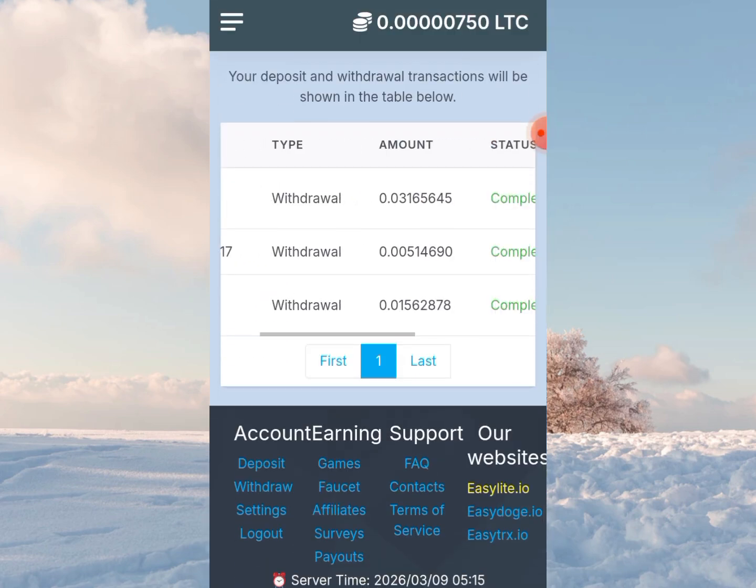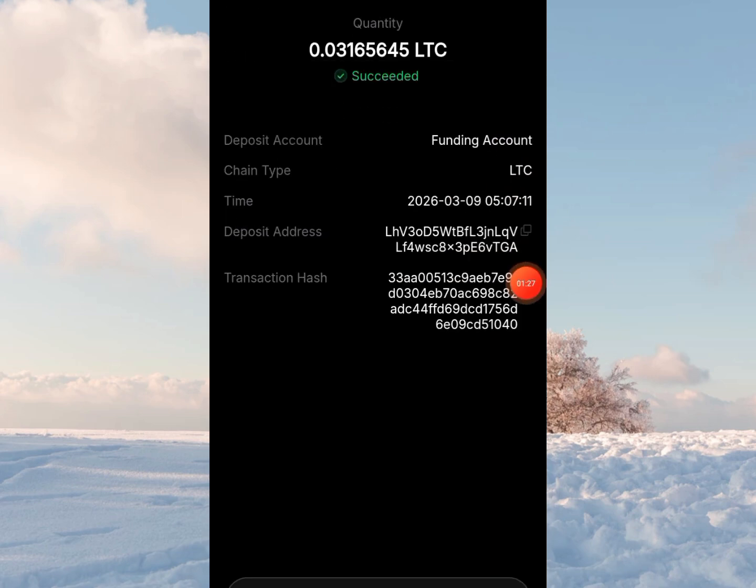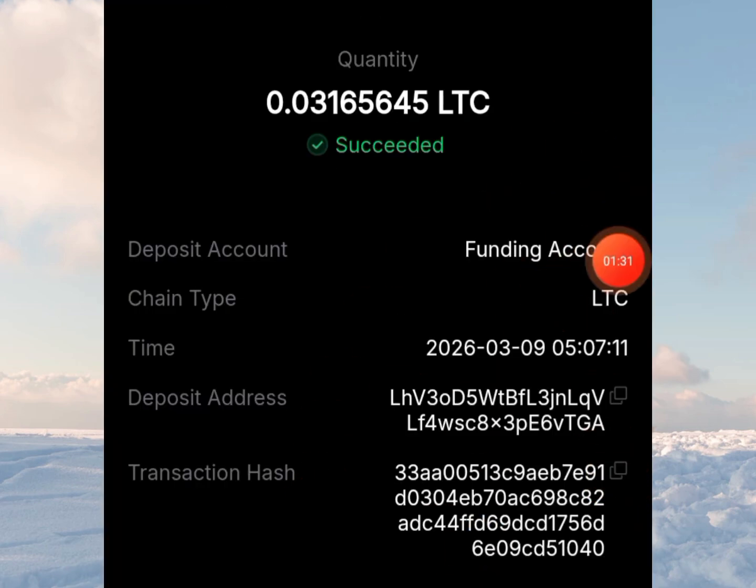What's the amount you're expecting again? 0.0316. So over here on my Bybit, this amount has been credited, 0.03165645. Alright, so this is it, received. So it means the platform is still paying, and if you're not already using Easylite for free cryptocurrency earning, I'll